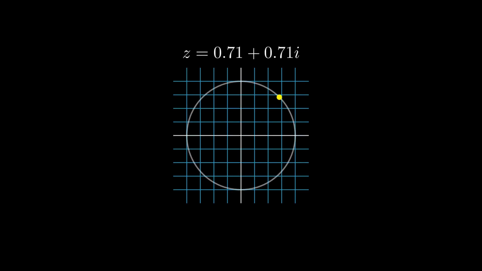Let's stop here. The angle of the Z value along the unit circle corresponds to a frequency component in our input frequency spectrum. In this case, that angle is 45 degrees. To convert that to a frequency, we divide by 360 and then multiply by our sample rate. If our system is running at a sample rate of 32 kHz, this Z value corresponds to the frequency component at 4 kHz.